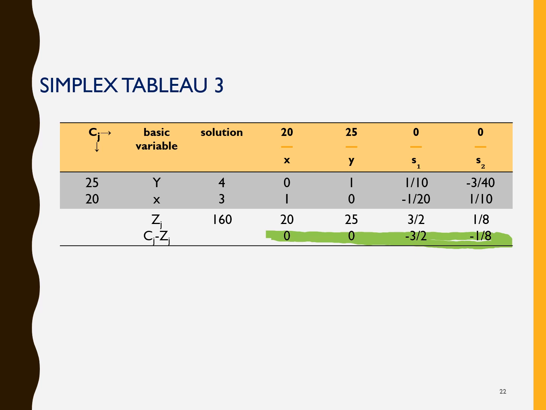So this is the third table, and actually this last table is also known as the final table. The final table in case of maximization is the one wherein we have all the Cj minus Zj's as either 0 or negative numbers. So yes, we have either a 0 or we have negative numbers. So this is actually our final table as well.